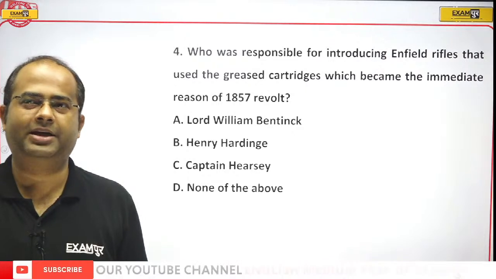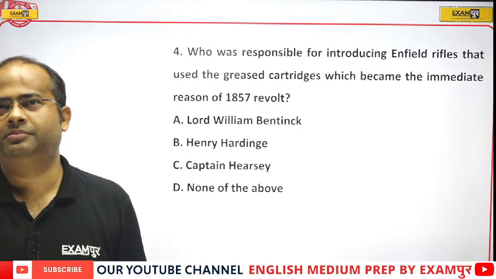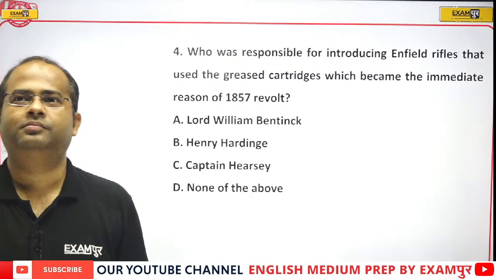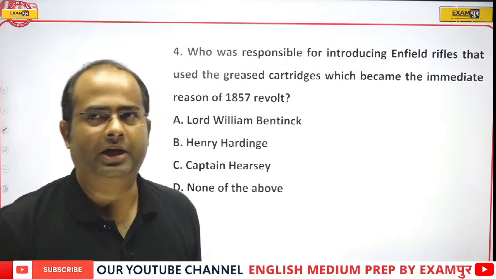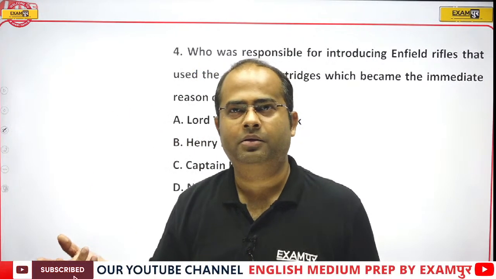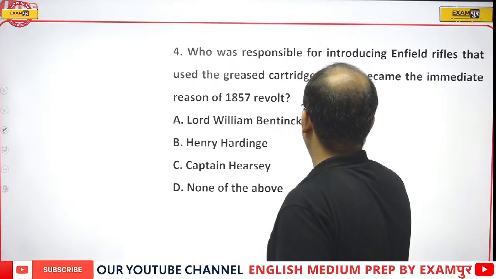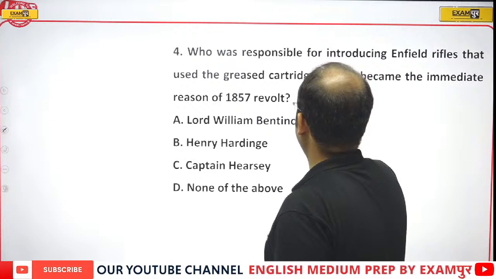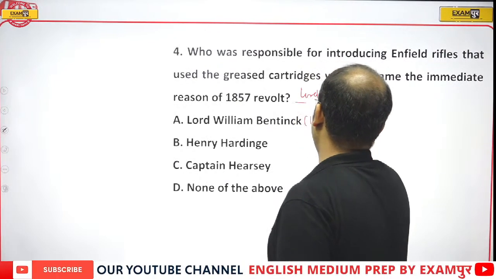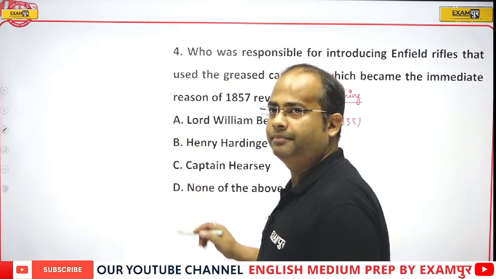It's not so easy, guys, because this question is not so easy. Okay, let me tell you the answer. It is not option A, William Bentinck. Vijay, are you out of your mind? William Bentinck was the Governor General from 1829 to 1835, and at this point of time that was Lord Canning. So I was not expecting this question from you. I was thinking either you will say option B or option D.